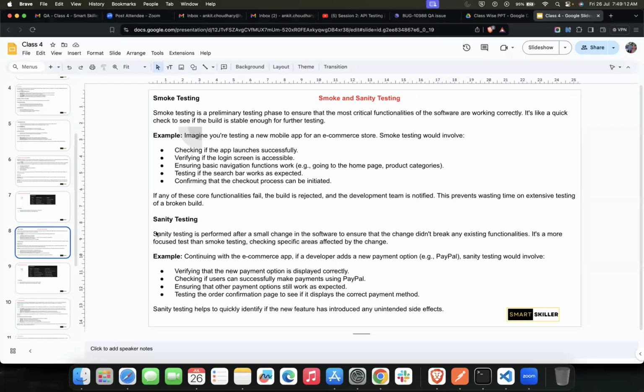What we mean by that is, suppose again we take the example of a social media website. Now, in the home page, there was a major code change that happened for the home page itself. The developers told us that the changes are only related to the home page, so you don't have to do the entire platform check. You just need to verify that the home page is working correctly or not. And for that, we'll be doing a sanity testing.